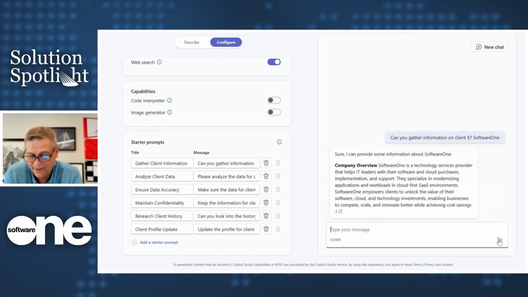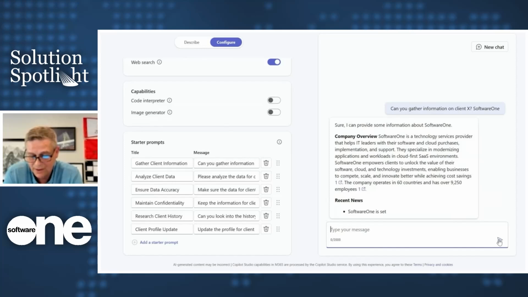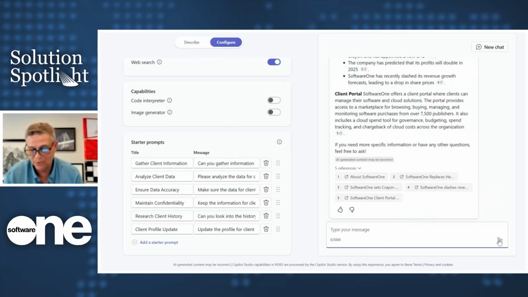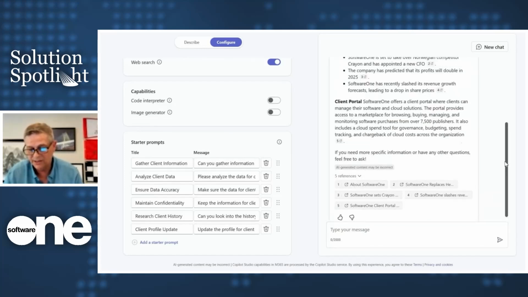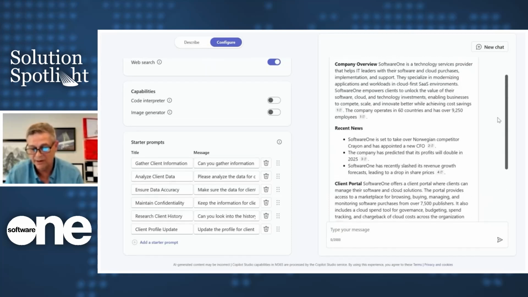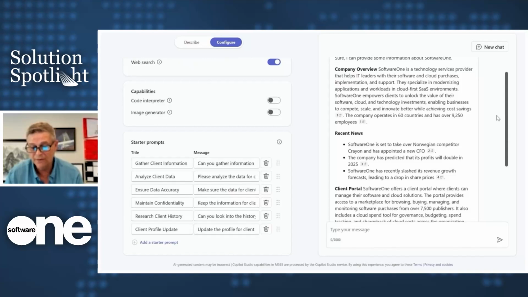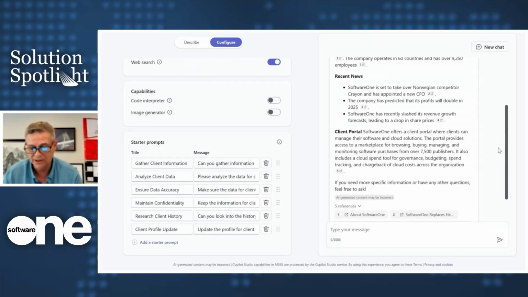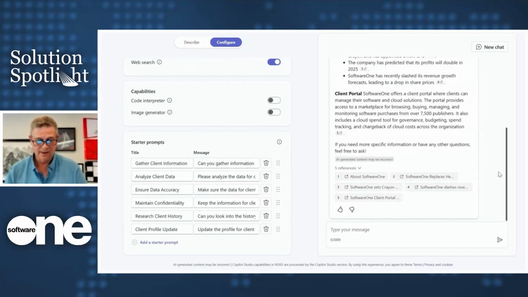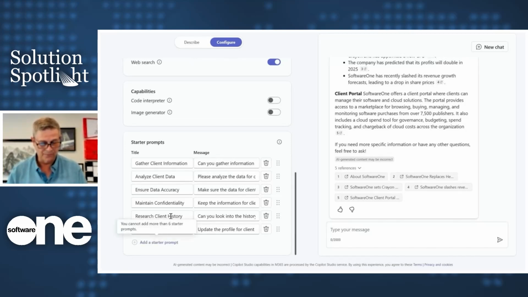And there we have it. Company overview, recent news, client portal. So as you can see, it is somewhat generic. So this is a good start, right? Now you could have come in here and said, you know what, this isn't bad. But let's say that I would have said, if I want to do, instead of maintain